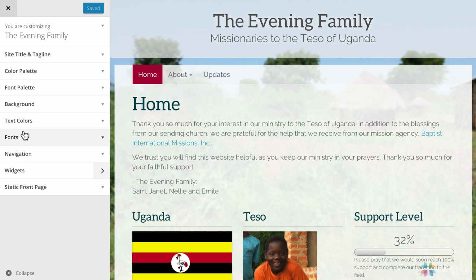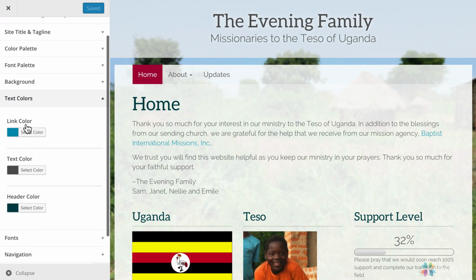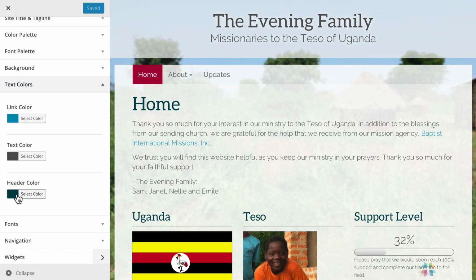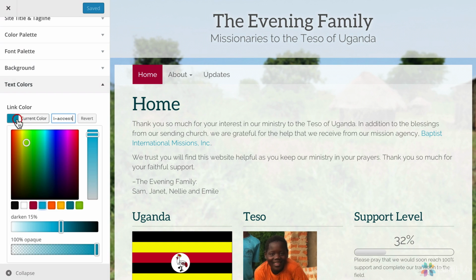Let's start by looking at text colors. We have here three different options for the links, for the main text, and then one for the header. And this is the headers up here, this and these different areas. And when we look at what options are available, here's a color picker. We can change the intensity. And then across the bottom here, you see a palette of colors that you can choose from as the basis